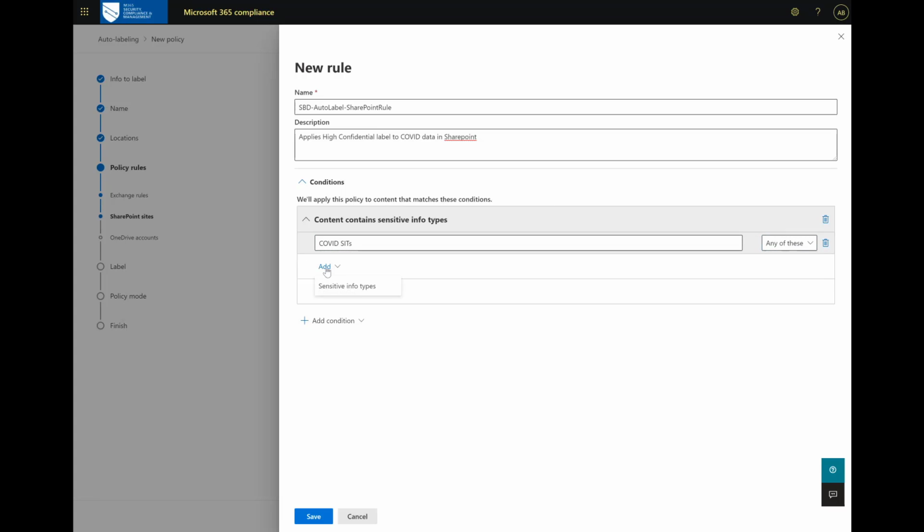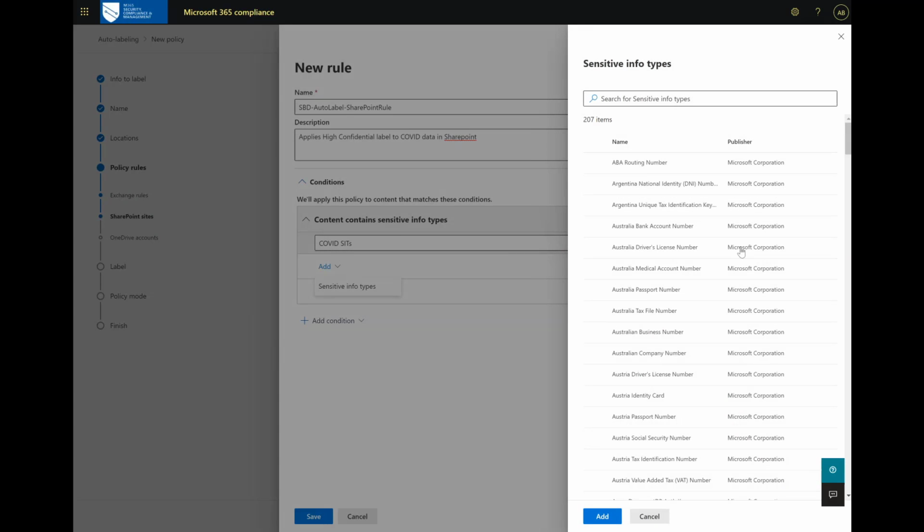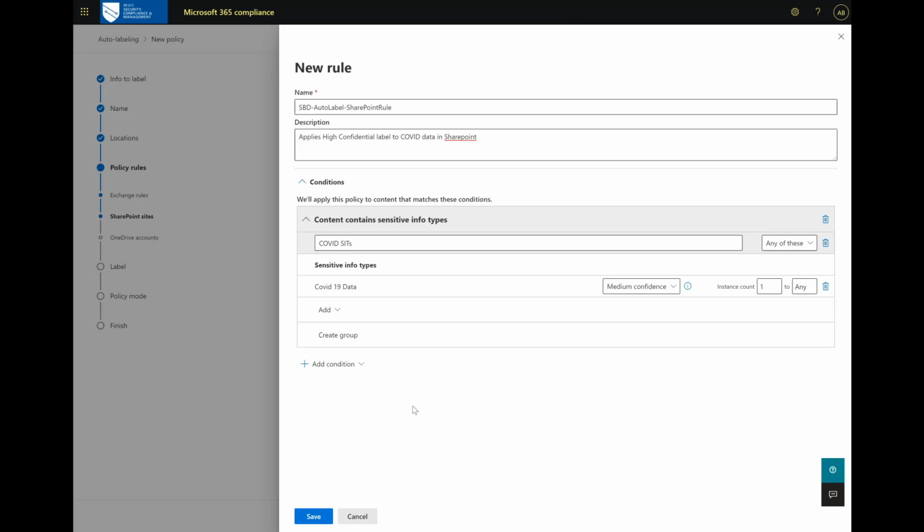Choose any of these, click add sensitive information types. Again, we're going to go ahead and search for COVID. Add it. Now, before I click next, I wanted to also point out something that you can do if you want to